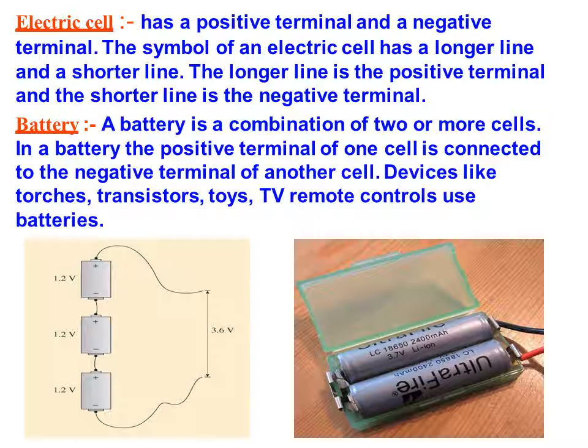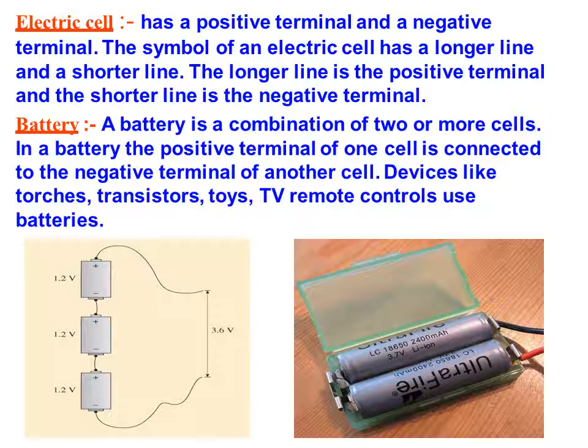As already discussed, in transistors, toys, TV control remotes, even in wall clocks, we can see the battery. We will take a simple example of a torch. If you put the cells in a torch in the correct way, that is negative terminal to positive terminal to again negative terminal, the torch will work. That means it will glow.